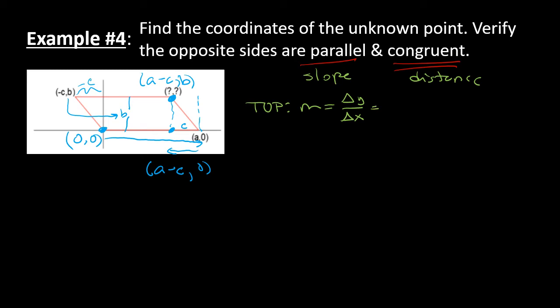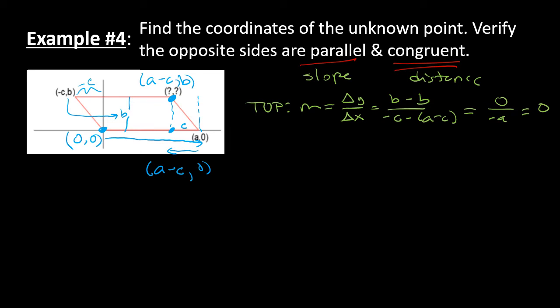So if I do that and start with the point on the left, my change in y is b minus b, and my change in x is negative c minus a minus c, which is 0 over a, which is